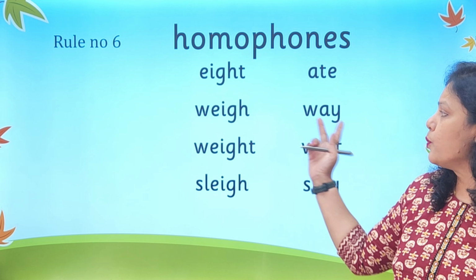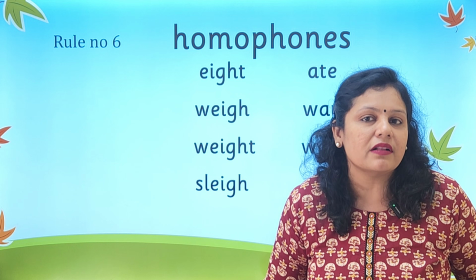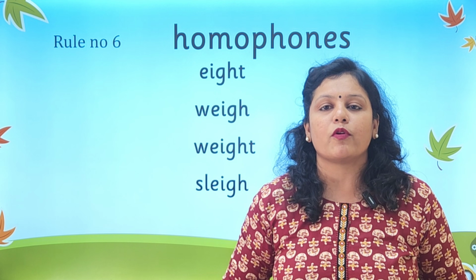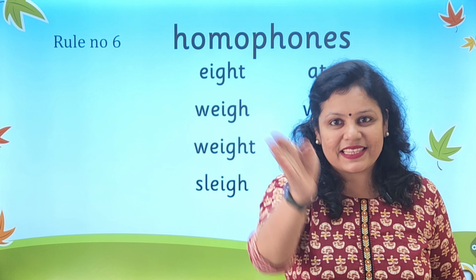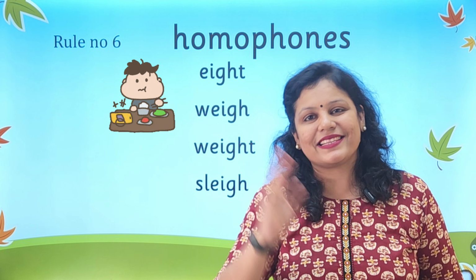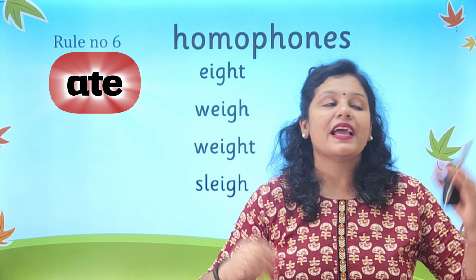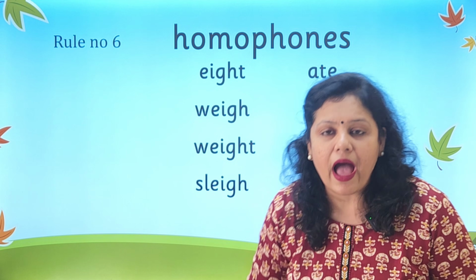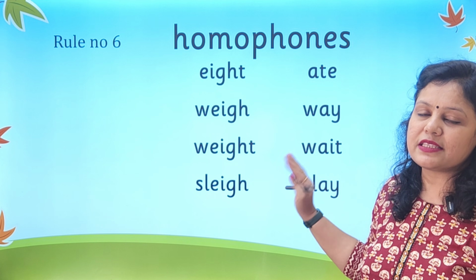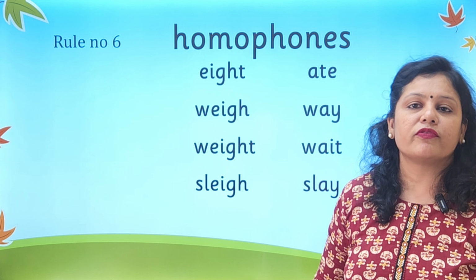How will I learn it? Because both the two sounds are the same. So here you will do it with the help of pictorial representations. For example, 8 and 8. So you may do this with the help of actions, as in 8 and 8, or you may show the pictures here, 8 and 8, and then you show the respective spellings. So whenever you have homophones with different spellings but the sounds are the same, you have to do it with the help of the pictures or maybe with the help of the actions.